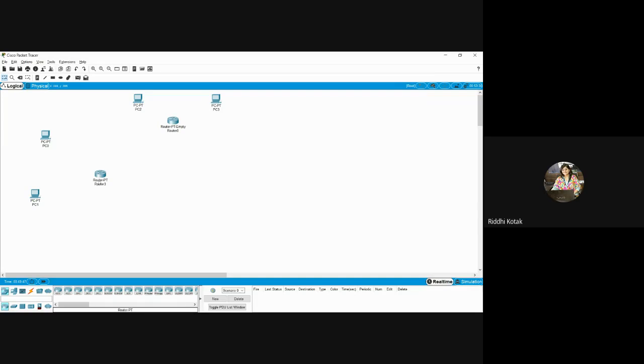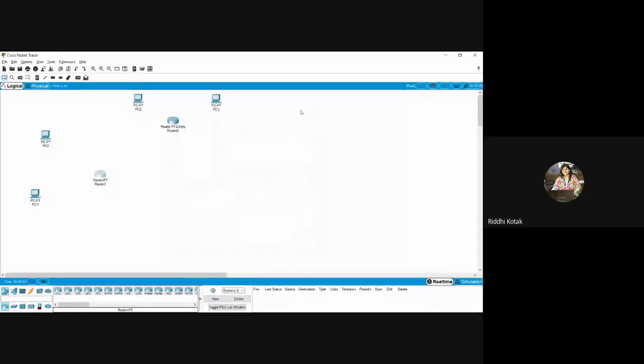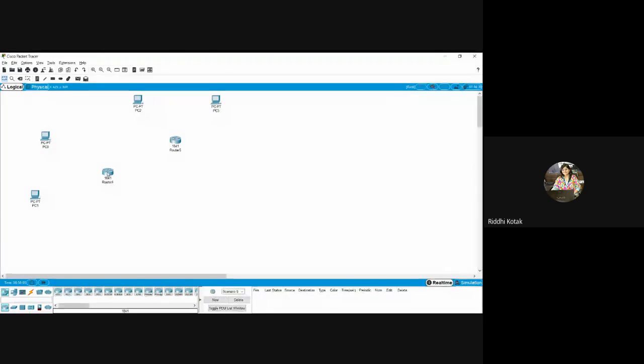What you have to do, you just click on this router. What we can do is we are taking initially, right? So do the one thing, you just take this 1841 router. I will just guide you what steps we have to follow.